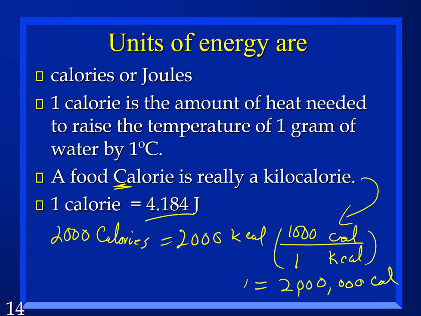Okay, but here's why they do it. Could you imagine the doctor telling you you've got to go on a diet, you can only eat 1.5 million calories a day? Because that would be a diet, since you normally eat 2 million calories a day. That, and they didn't want to put the word kill on things with food. Stupid reasons, guys. Just stupid reasons.